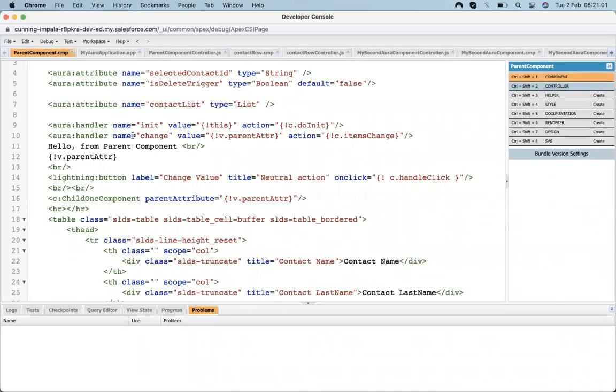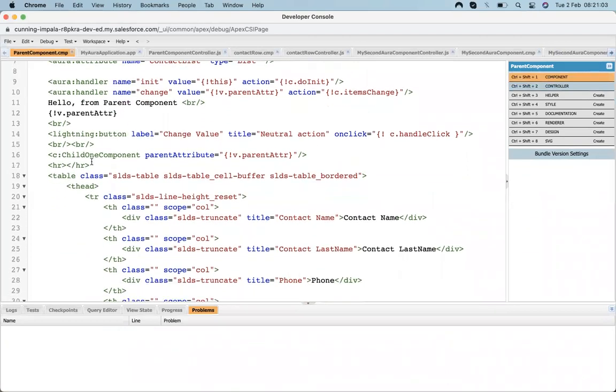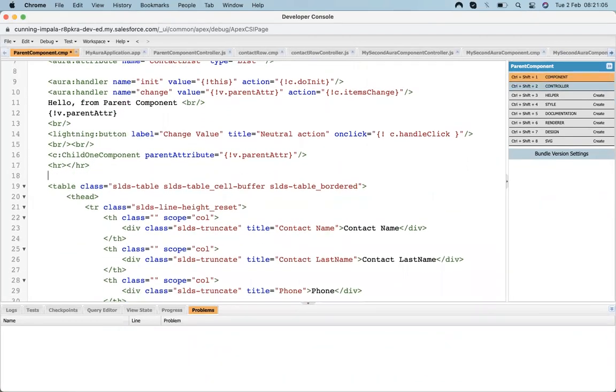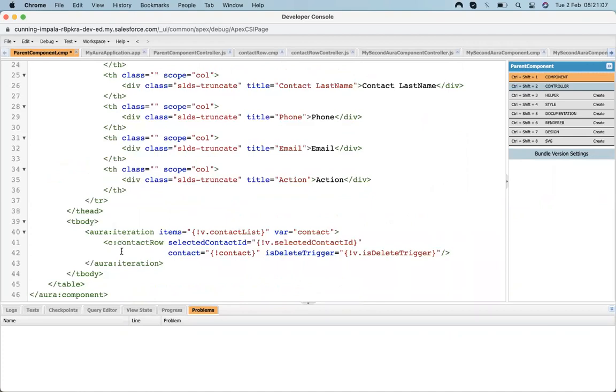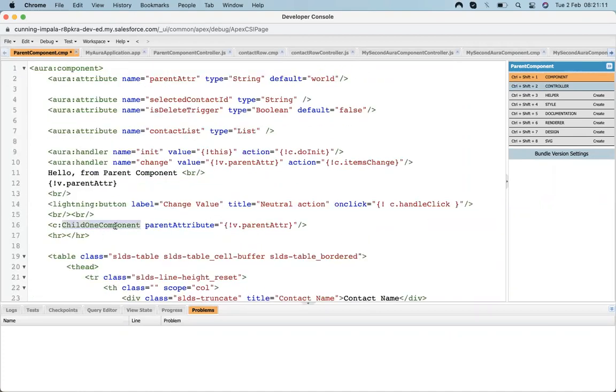Parent, and that parent is using a child one component. This child one component, where is this?